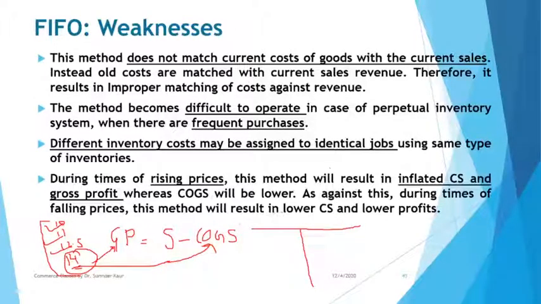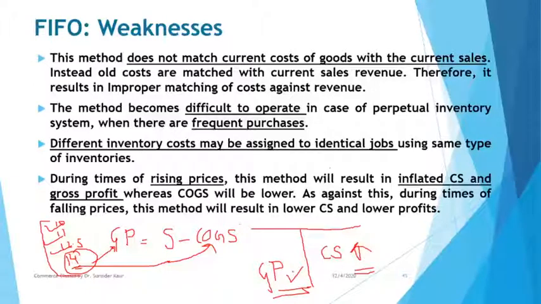Now, when you calculate gross profit, which comes here, it is the excess of the credit side over the debit side. Now you take the closing stock here. So if your closing stock is inflated, so will be the total, and so will be the balancing figure coming here, because if the total is more, the balancing figure is going to be higher. So without doing anything, you are in a position to show higher profits, just because the FIFO method is being followed under rising prices, and under falling prices the results will be different when deflationary times come.